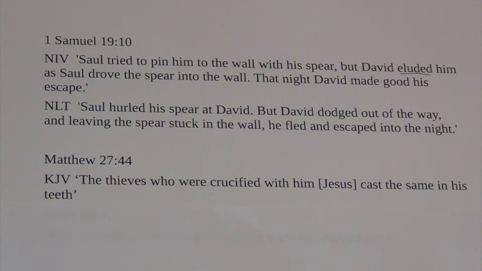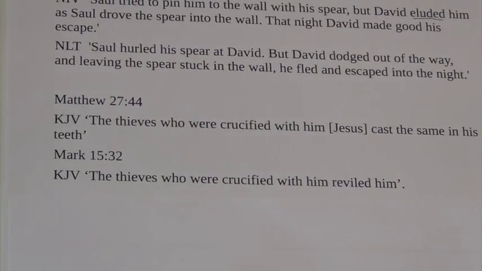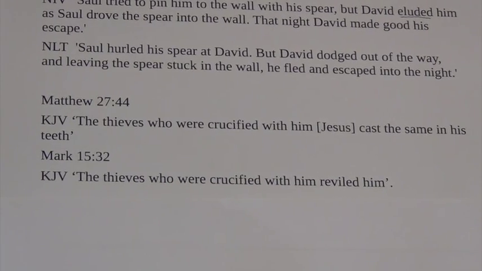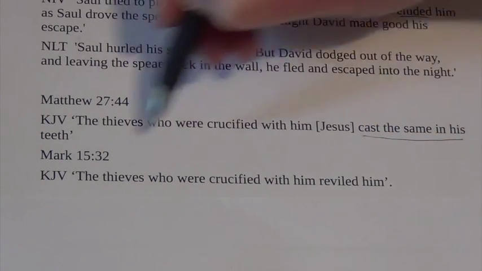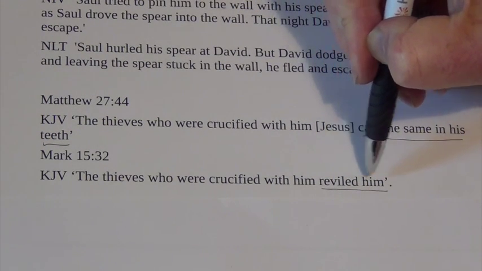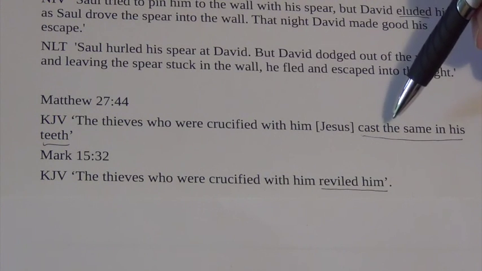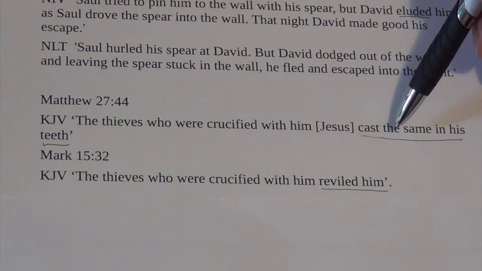But the interesting thing is that when you come to the gospel parallel in Mark's gospel, where exactly the same incident is recounted in exactly the same Greek words, the King James Version says, "The thieves who were crucified with him reviled him." So isn't that interesting? "Cast the same in his teeth" just becomes "reviled him," which is closer to a word-by-word translation of what the Greek said. So it's an interesting variation, as we see in the King James Version, from this wonderfully expressive Elizabethan English idiom